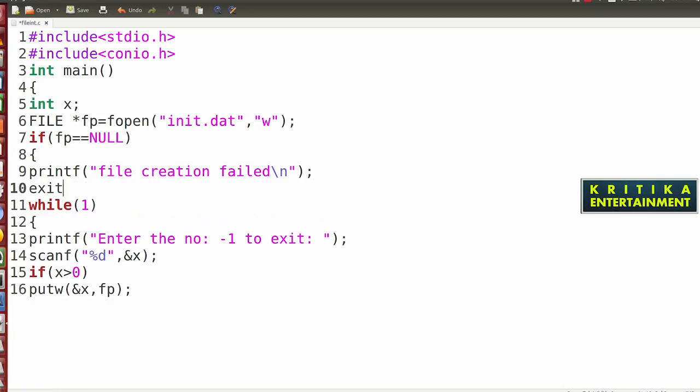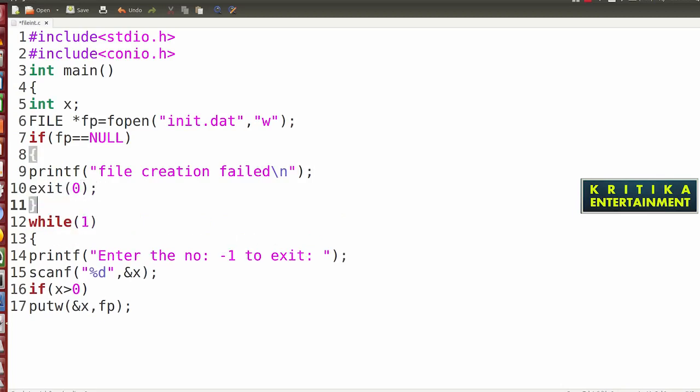If the file is not successfully created, it should exit my program. Then here you will write putw(x, fp).